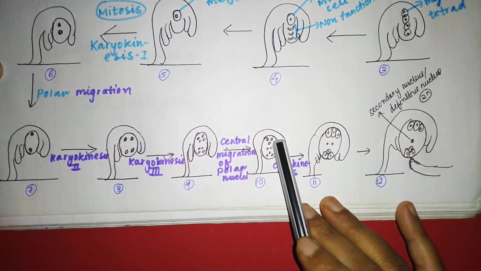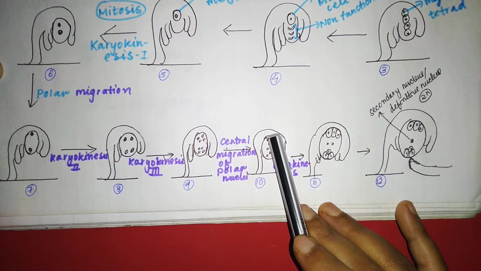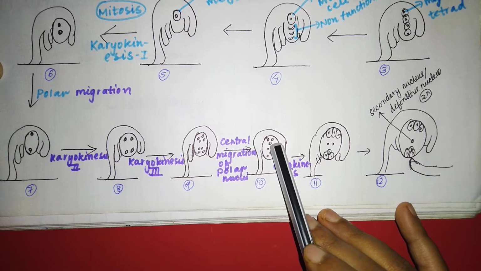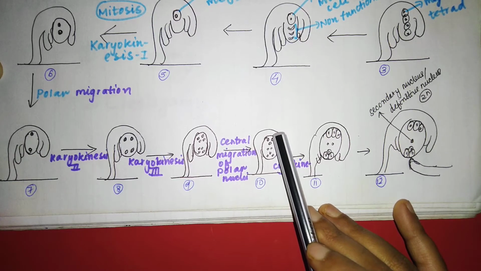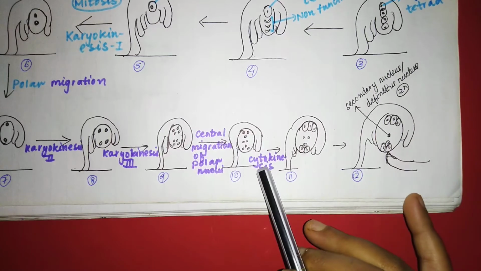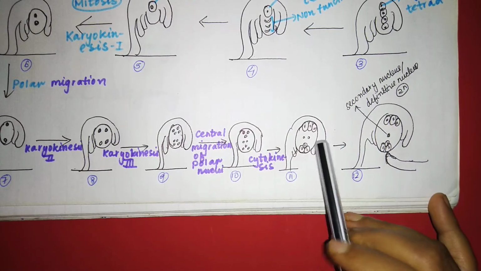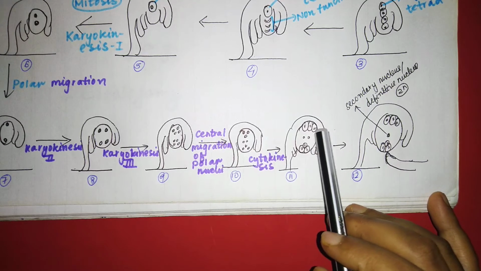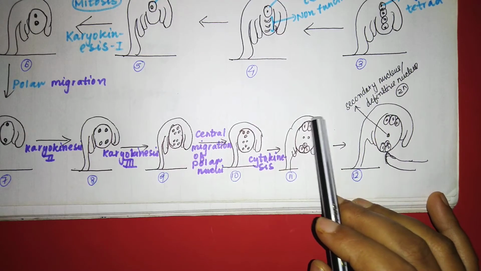Out of the 4 nuclei at each pole, 1 nucleus shifts to the center from each side. That means 3 nuclei are left at each polar side. After that, cytokinesis will take place. That means wall formation will take place, and 3 cells will form